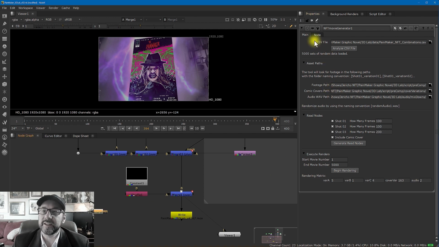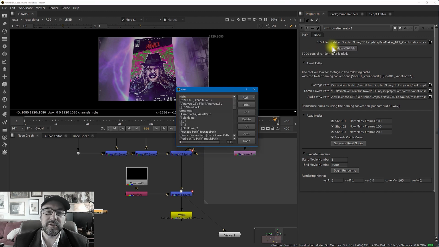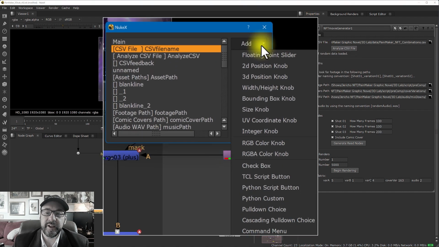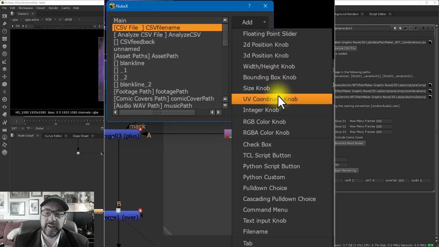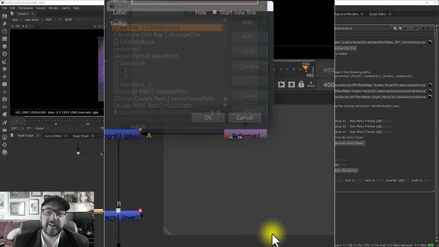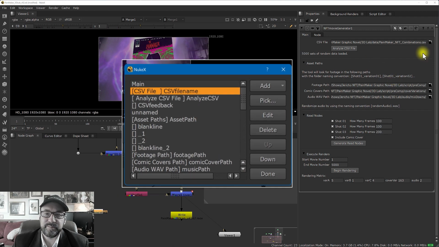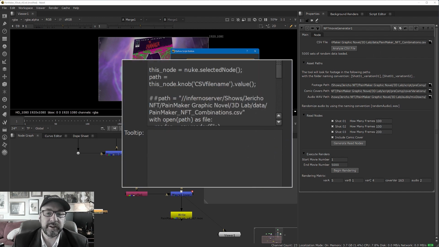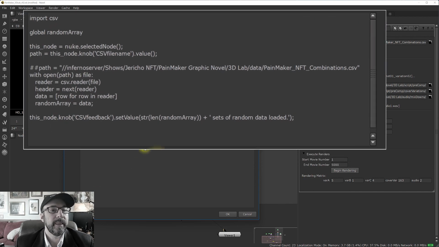But just taking a look at some of this code real quick, I'm going to click on Manage User Knobs. Adding this CSV file name, really all this is just bringing in a file name right over here. There it is, file name, and I could just add another one in here. It's just a field that's going to grab a value. The Analyze button right over here is where the actual code takes place. And if I click on Edit here and make this a little bit bigger so you can see,